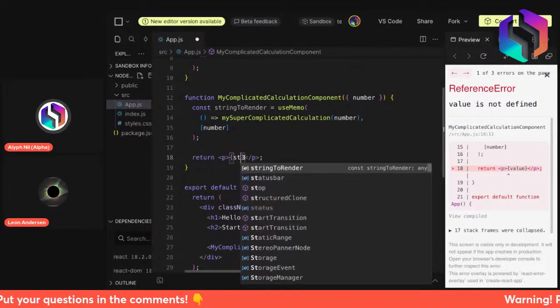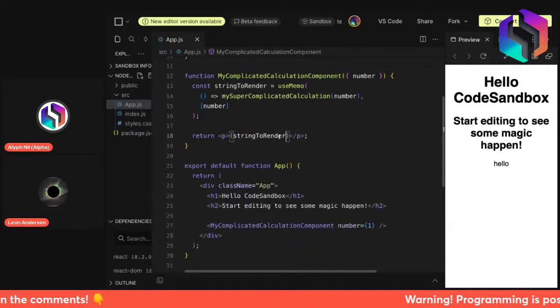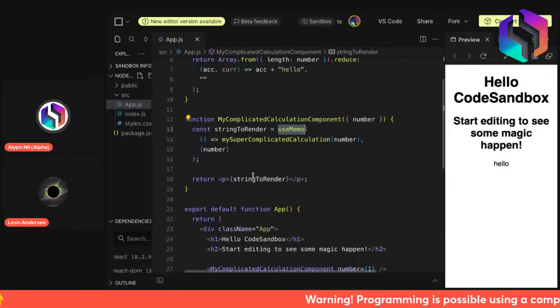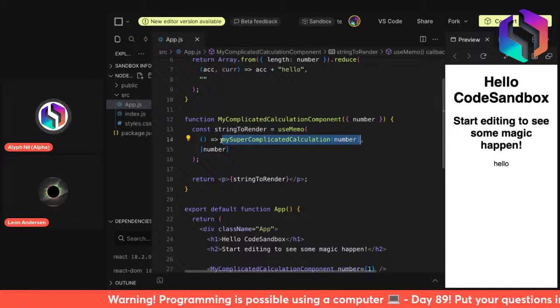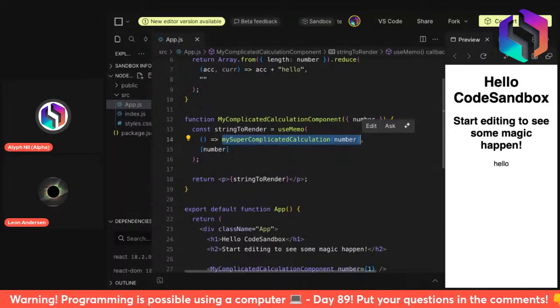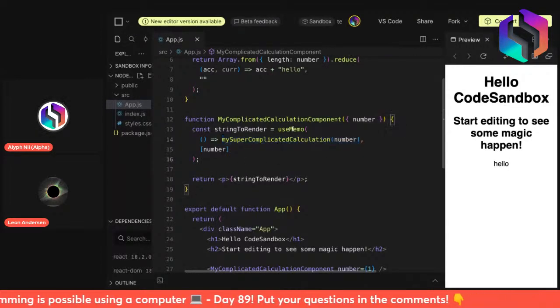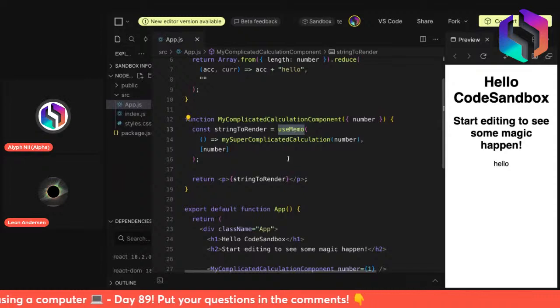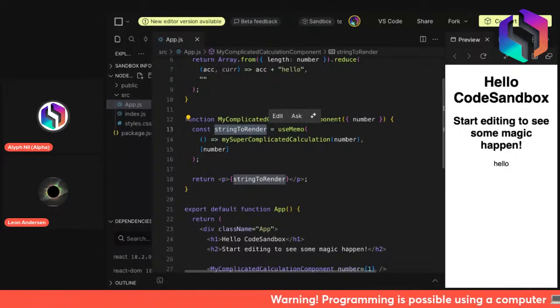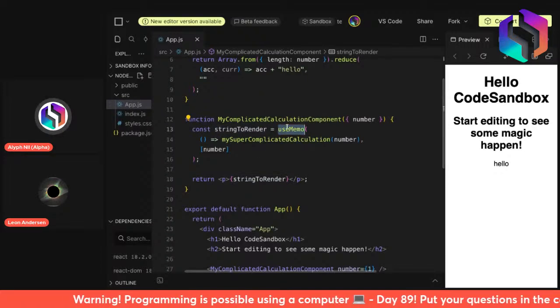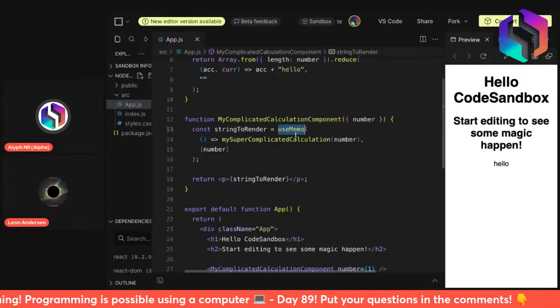And now we put the string to render in here. So, useMemo now basically does exactly what we had before, but it can even keep the referential equality between renders. That's why it's called useMemo, and this technique is called memoization, because you're basically writing a memo and putting it on your computer screen to remember stuff for tomorrow. This is called memoization, and useMemo can